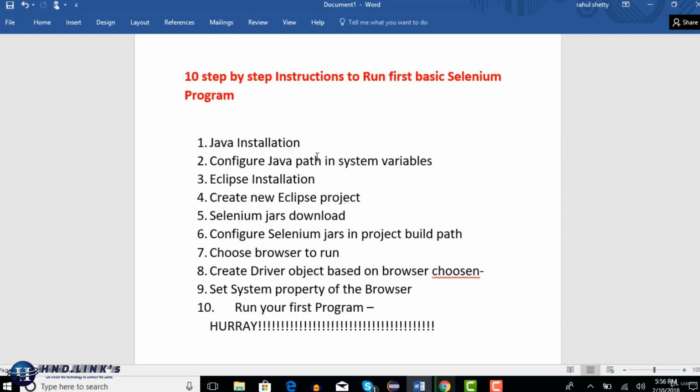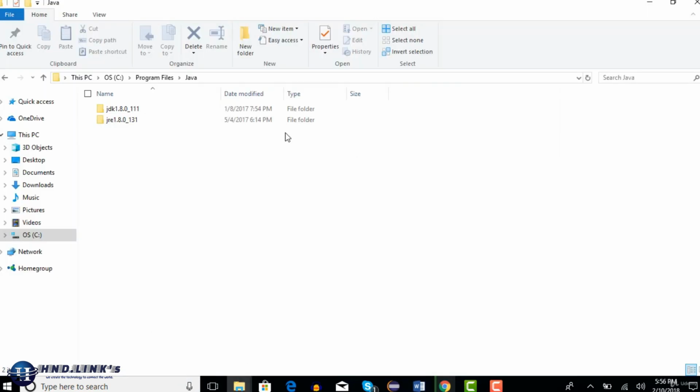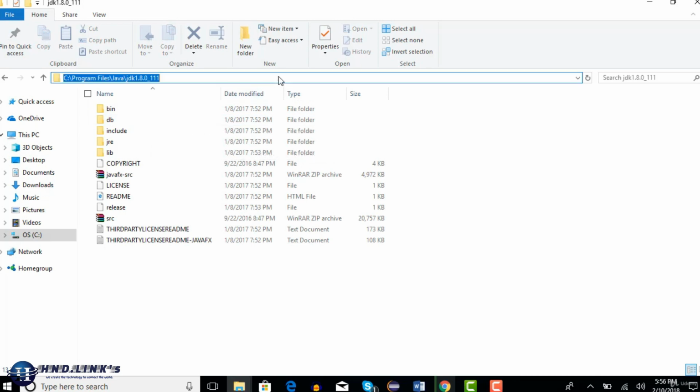Most of the time, people generally teach us to configure the Java path without telling the importance of it. If you don't set it, your scripts may fail. Setting that is very easy. First you need to take the Java home path. Where is your Java home? JDK, this is your folder, right? Go inside this folder and copy the path. This is your Java home directory. In this directory you have all the files related to your Java.